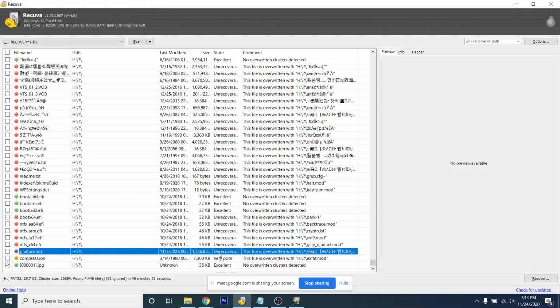This is one of the main aspects. This is unrecoverable, this is very poor, and this is excellent. What this means is this file can be recovered, but it is in very poor condition. It's not that much recoverable. It can work or it cannot work. It is recoverable, but it is not sure that it will be working or not. So you have to recover it, then test whether it is working in the right condition or not, or if you have to change the hex values or change anything to make it accessible.